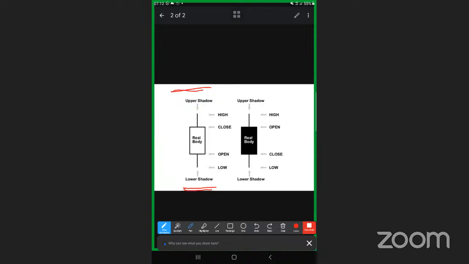Just like me and you, whenever we are making an entry with our robot,